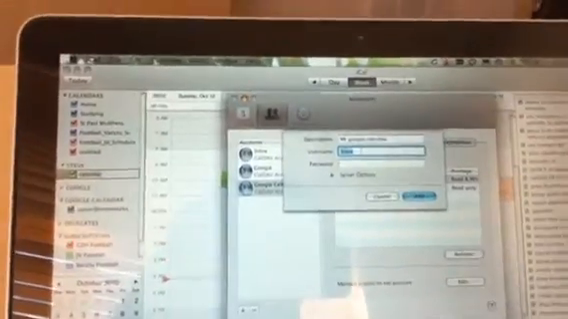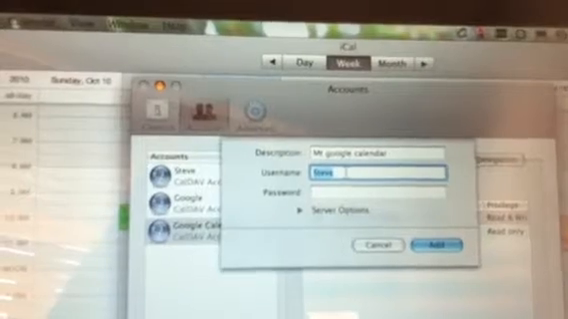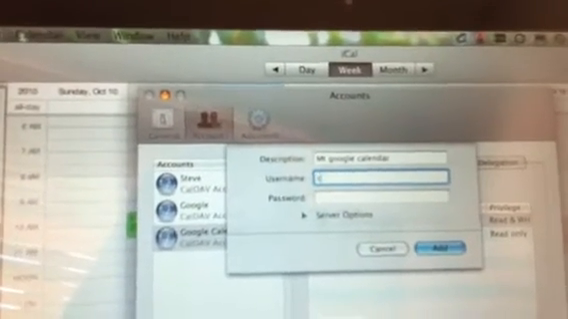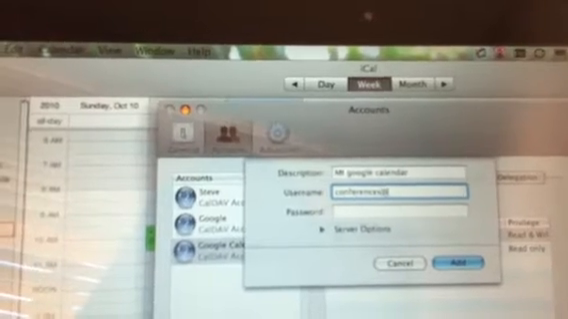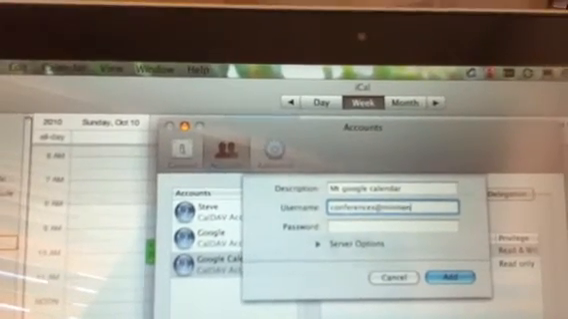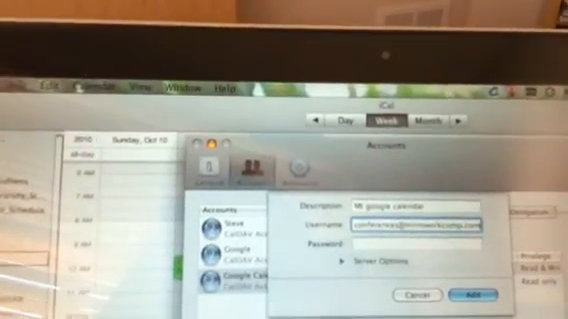Now your username is going to be your full email address. So since I'm setting up the conference calendar, I'm going to set it up as conferences@minworkcomp.com. But what we're going to do